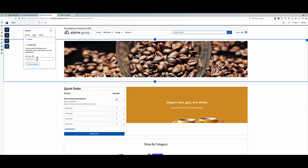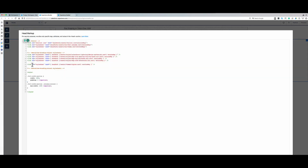And what this allows you to do is define custom classes. And we've also made a call out here to where you can edit your CSS. So you click that, it's going to open up the head markup into a modal. And you'll be able to see, for example, that I've added a couple of full width styles here. So if I close this modal out,